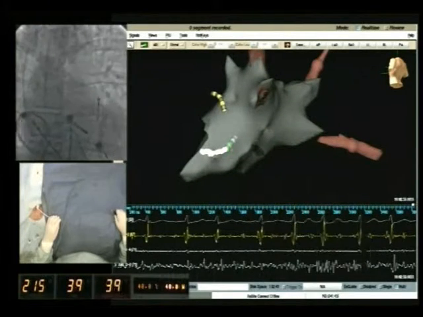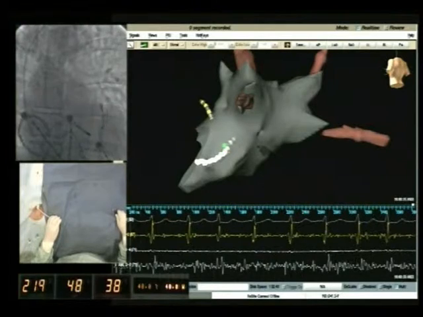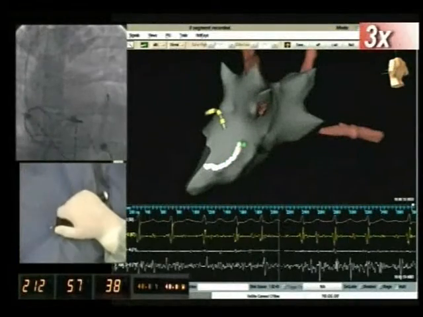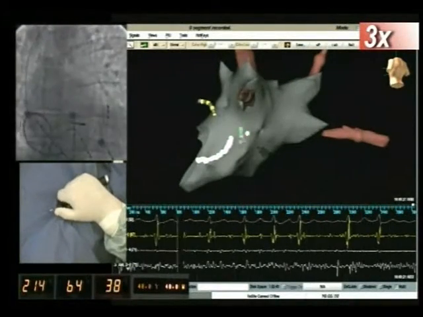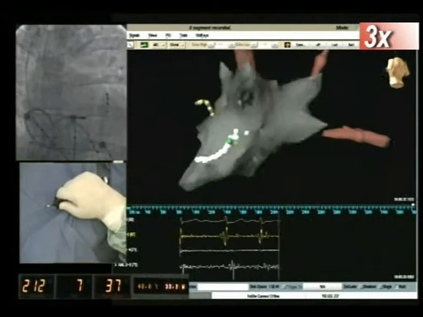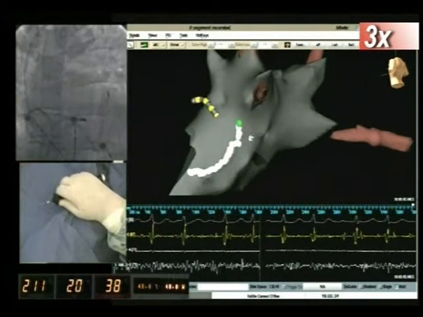The radiofrequency applications, shown by the white dots on the NAVX screen, start by performing the mitral isthmus line according to our modified strategy. You can see a point-by-point radiofrequency application starting at the mitral annulus towards the left inferior pulmonary vein. The electrogram shows in the last 2 tracings the potentials recorded by the proximal and distal electrode pairs